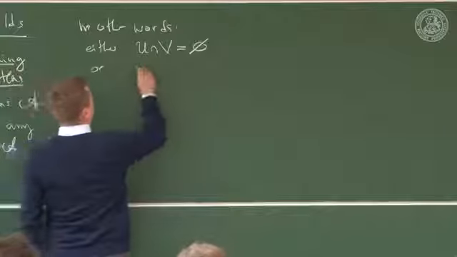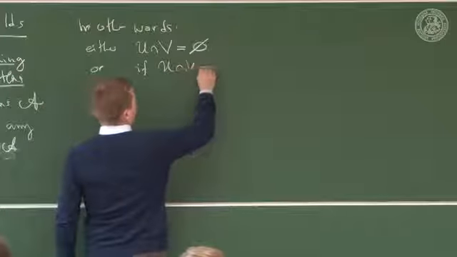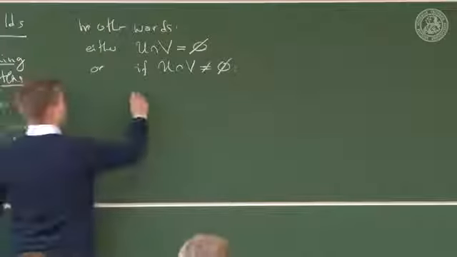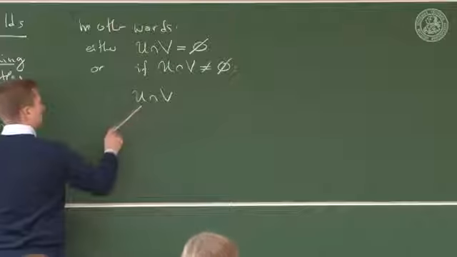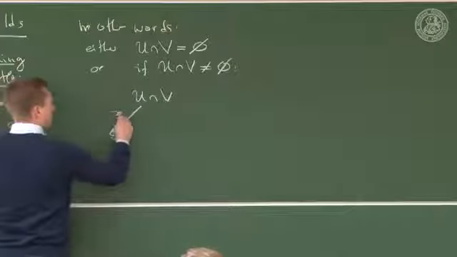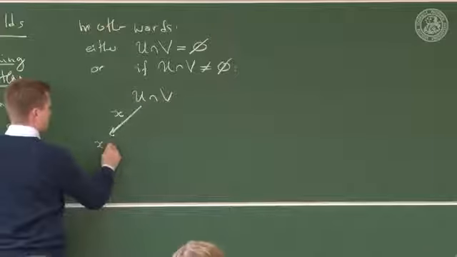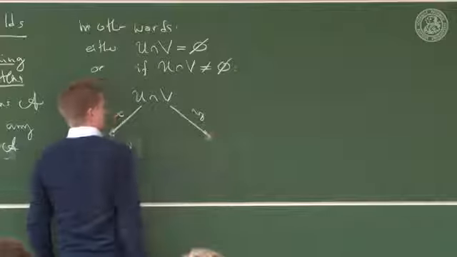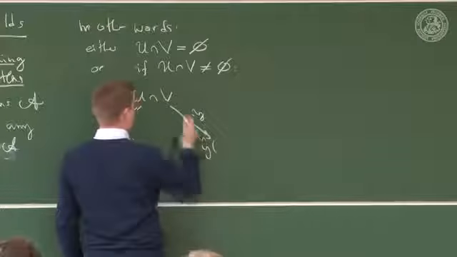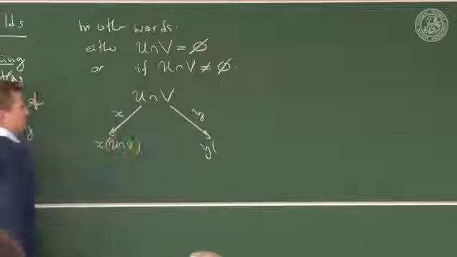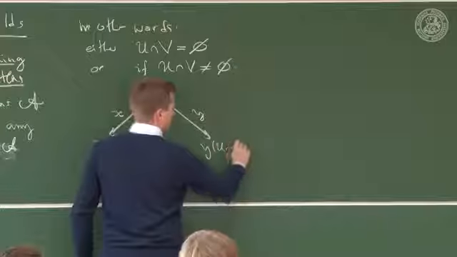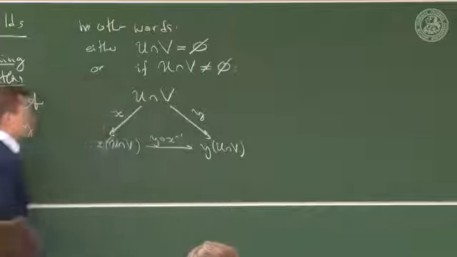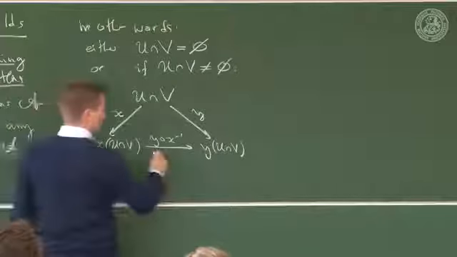Or if they have a non-zero intersection, then we require that if we map this intersection employing the chart map x to x of U intersected V, or alternatively employing the chart map y that is defined on V, but then certainly also in the intersection, y of U intersected V, that if we consider this y after x inverse chart transition map,